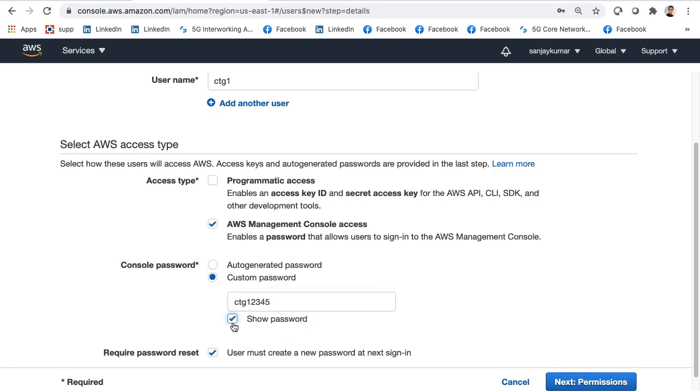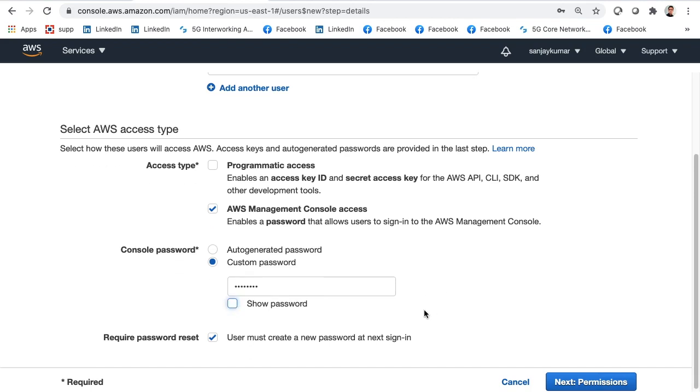I have chosen CTG12345, which means it has to be a minimum of 6 alphanumeric characters. Whenever the user logs on for the very first time, do I want that user to reset the password? If I want that, I will select it, otherwise I will uncheck it.